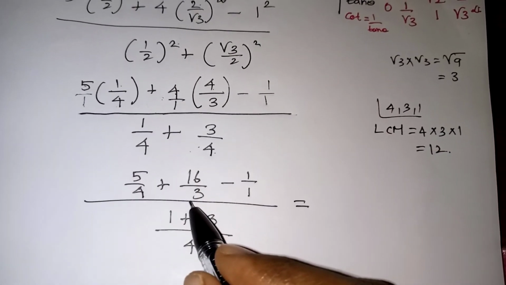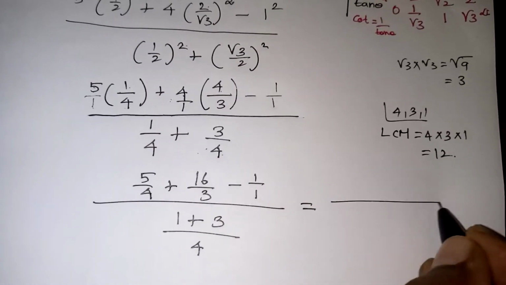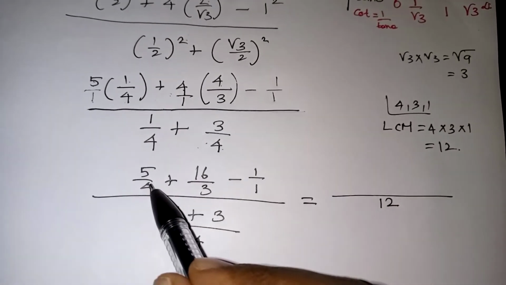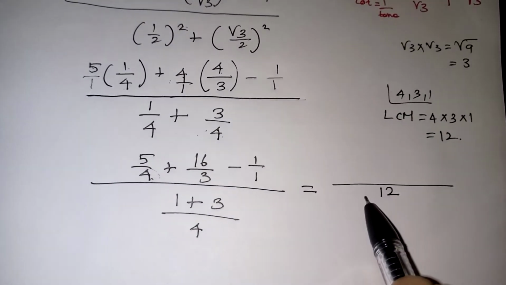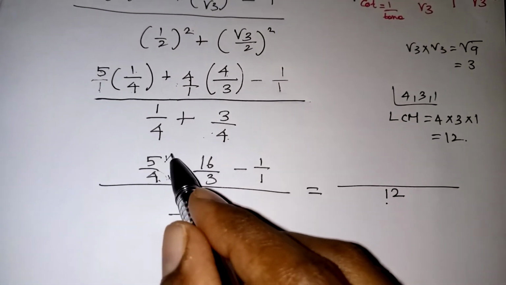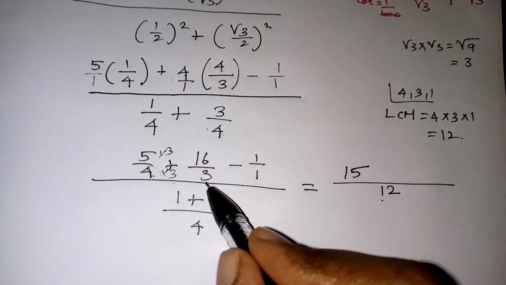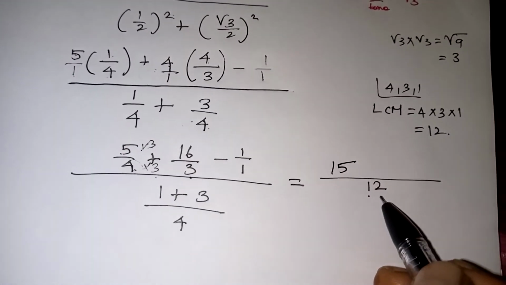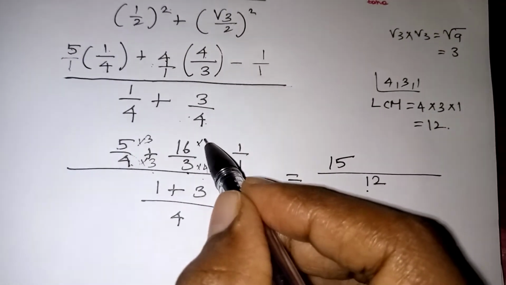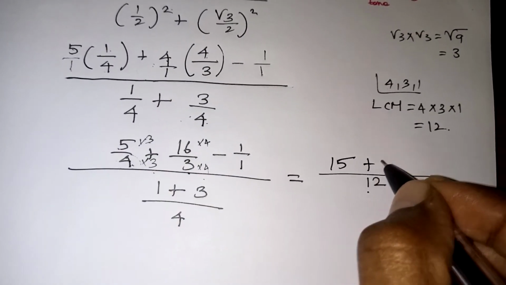So here we are going to apply the LCM value, 12 only. So for the numerator, we are writing 12 because 12 is our LCM. Look at the first number, we have 4. So 4 into what number will bring you 12? 4 3s are 12, so 3 will bring the 12. The same 3 should be multiplied here also. 5 3s are 15. Next number here, 3 is given. The 3 is also changed into 12. Multiplying by 4 will give you the 12. So the numerator also should be multiplied by 4. So 16 4s are 64.